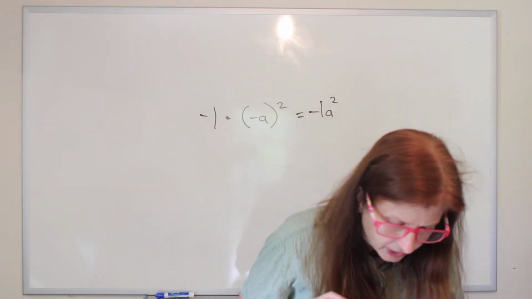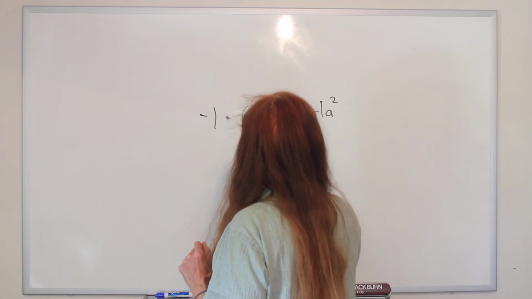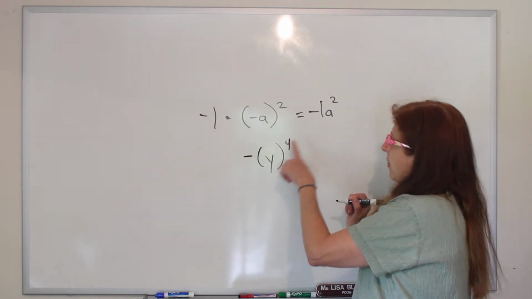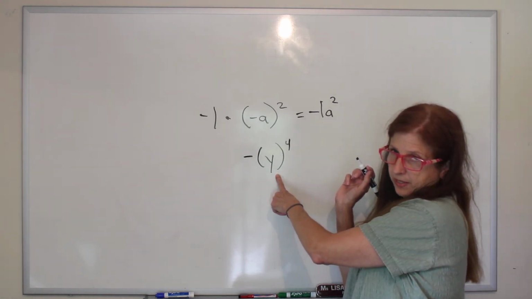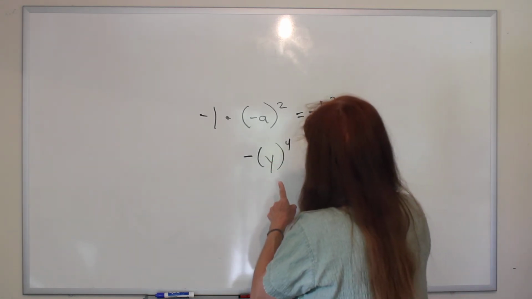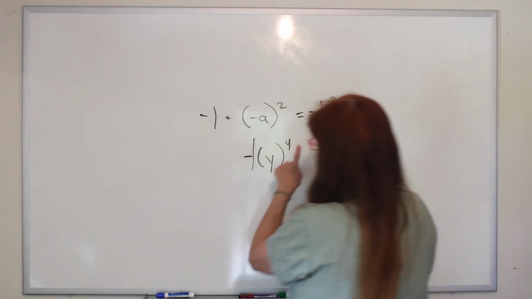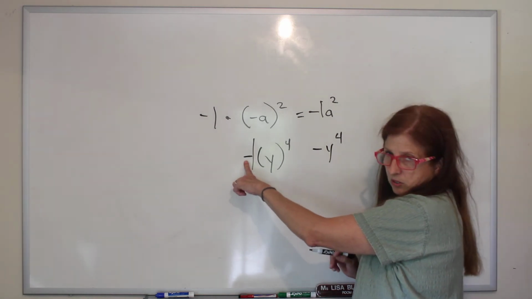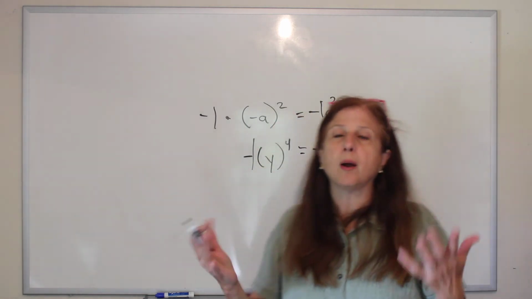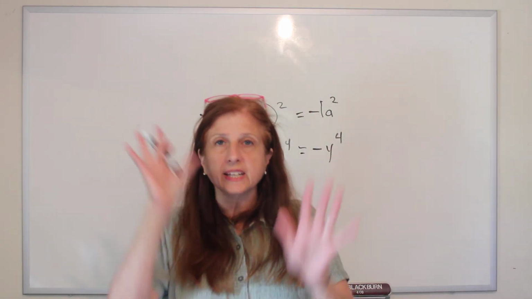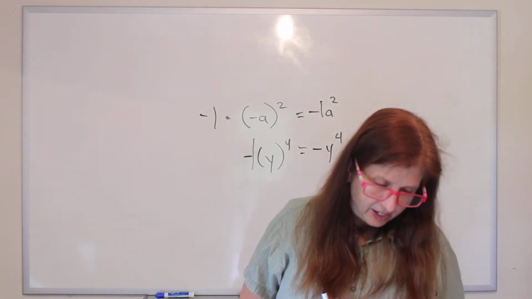All right, let's try another one. Negative y to the 4th power. This, the 4th power only goes for what's in the parentheses. So it's negative y to the 4th power, because it's the same thing as this y to the 4th power being multiplied by an understood negative 1. If this seems hard, don't worry. It's going to get easier, I promise. It'll start making sense. All right, if you look at the green box on page 94, you get the names